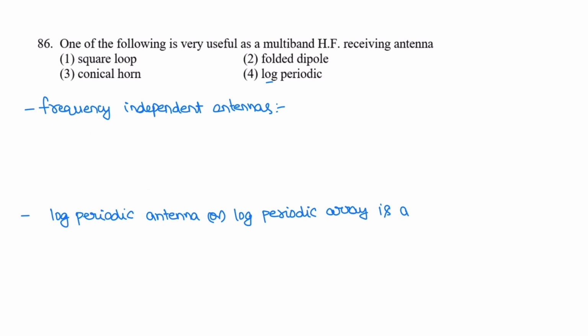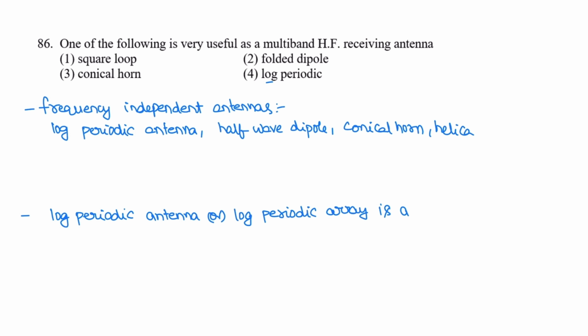Next question: which of the following is very useful as a multi-band high frequency receiving antenna? Frequency independent antennas are the log periodic antenna, half wave dipole, that is lambda by 2 antenna, conical horn antenna, and helical antenna. Then the log periodic antenna